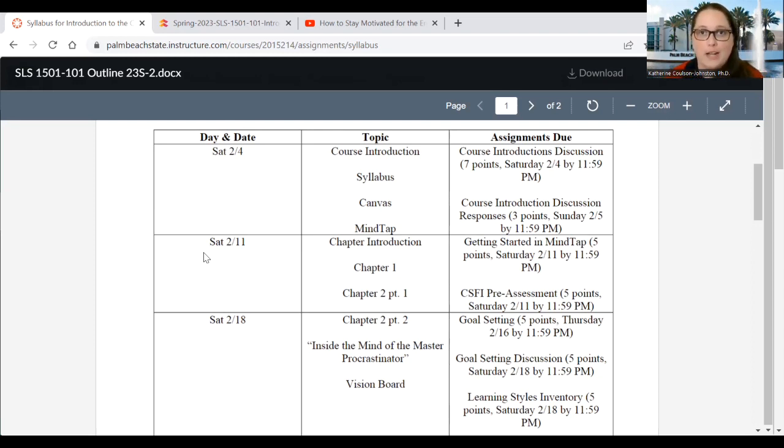So what I'd like to do is when I cover a topic, I make the assignment due the next week. So for example, on the 11th, next Saturday, I'm going to be talking all about goal setting. And I'm going to have you do your own form of goal setting discussion, and that's not going to be due until the following week. Now, because it is a discussion post, I ask that you post your discussion by the 16th so that you have time to respond to 2 classmates by the 18th. Okay, so that's the way it kind of works.